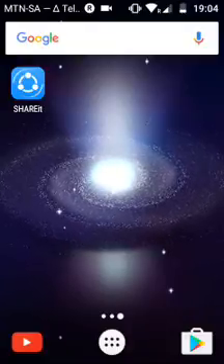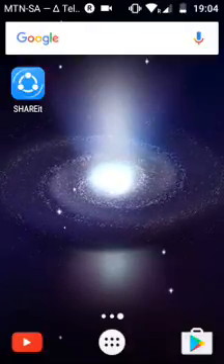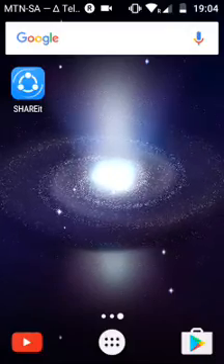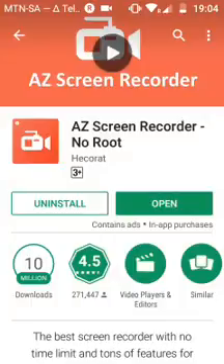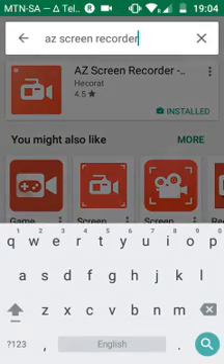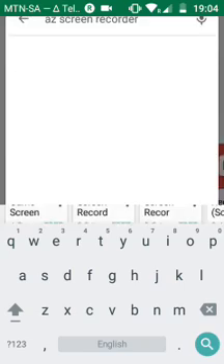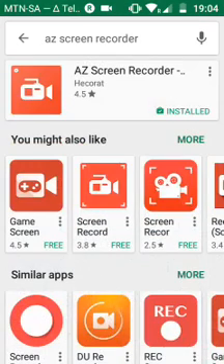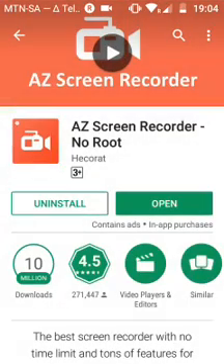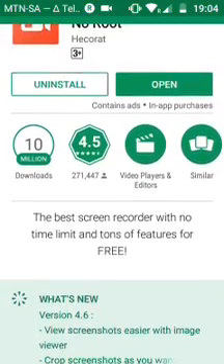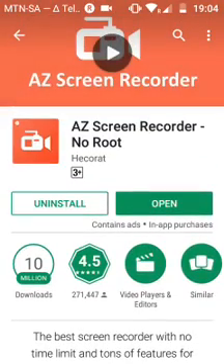Hey guys, today I'm gonna show you how to download a screen recorder for games, anything on your phone. So you go to your apps, Play Store, and then you go to, just hold on a minute. Then you type in AZ screen recorder, say search, you'll search, then you will get AZ screen recorder. You push the button, then it will say install, and then you say install, and if you install it, you're done.